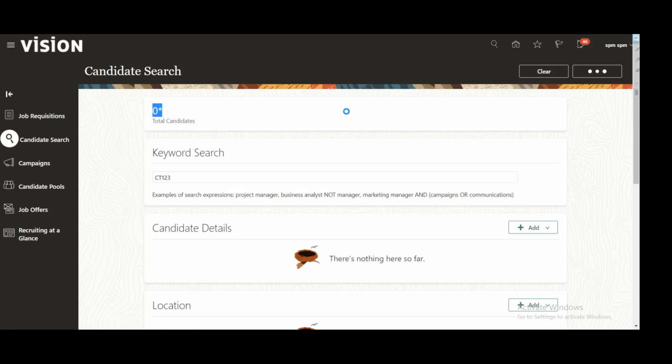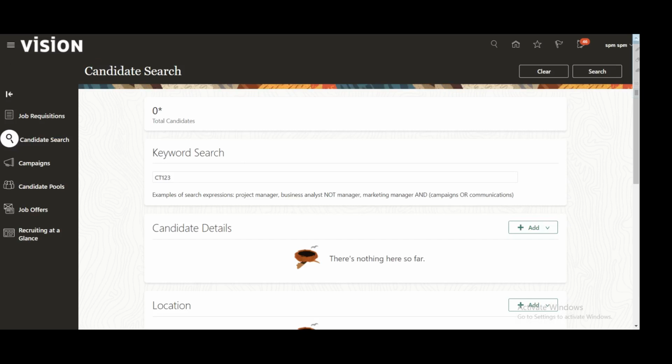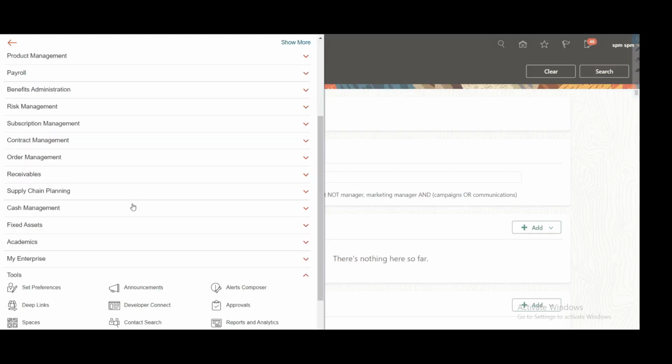It says it is loaded successfully, but still we are not able to search this candidate.